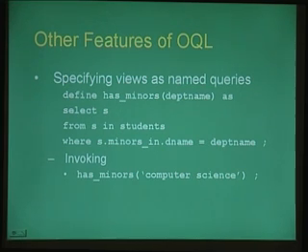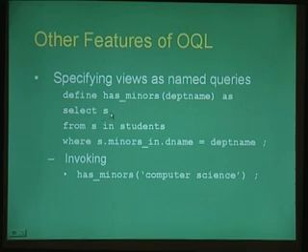Just as in SQL, one can define views over the ODBMS using the OQL, and this is quite similar to an SQL query, except that rather than saying create view, you are saying define. Look at how views are essentially created. A view is created in the form of a method, that is, you are defining a method called has-minors-department-name as this OQL query,